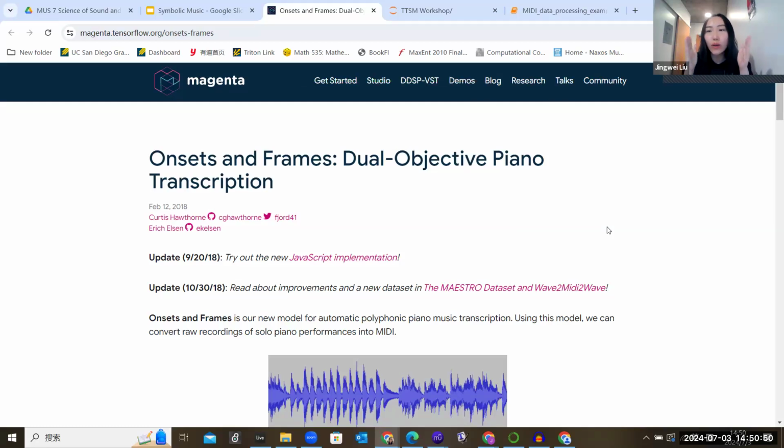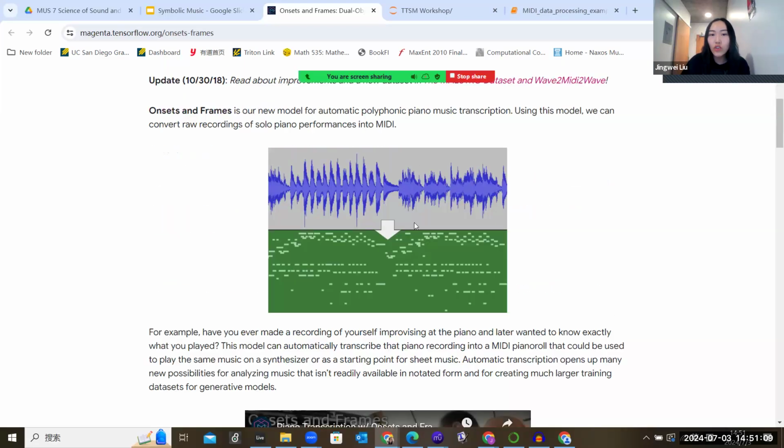If we provide the computer with this synchronized, matching audio and symbolic music representation, we hope the neural network can learn this process of transcription,